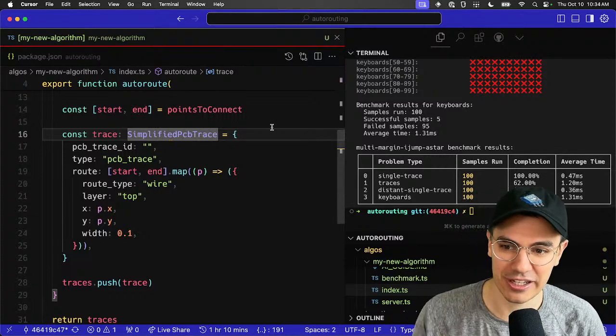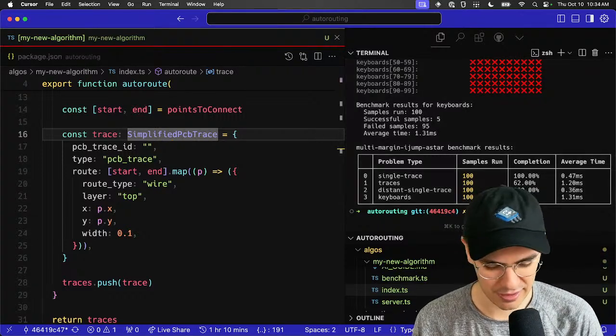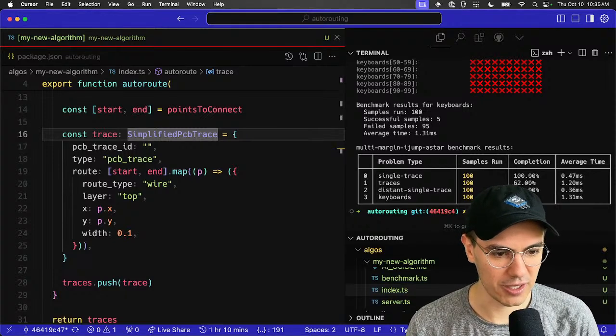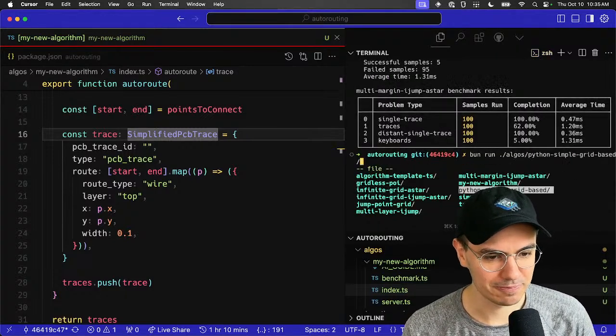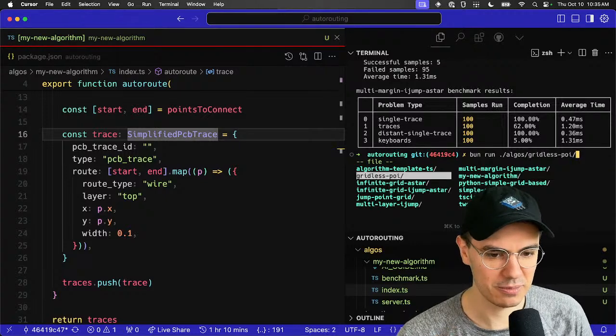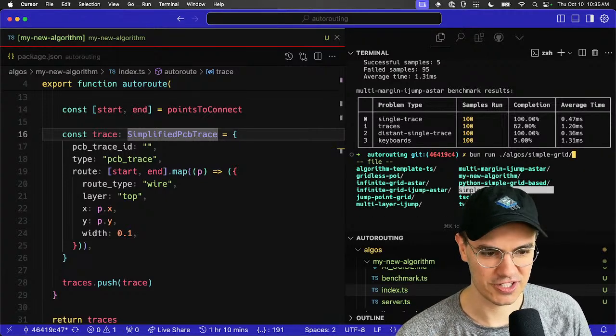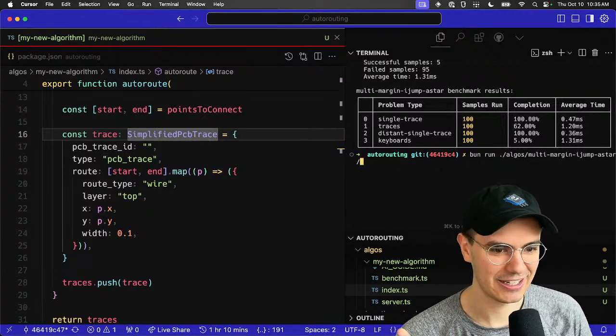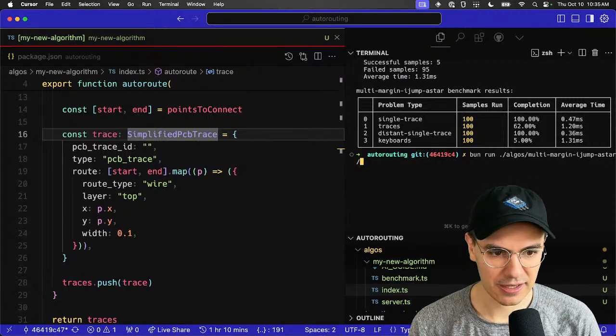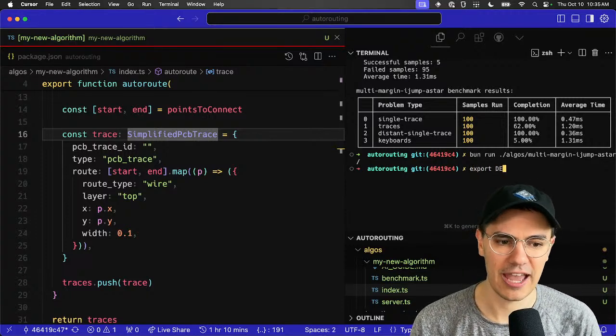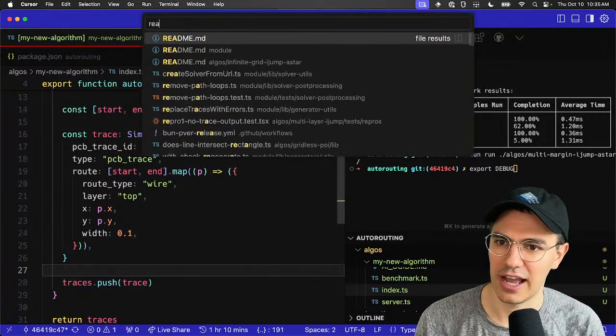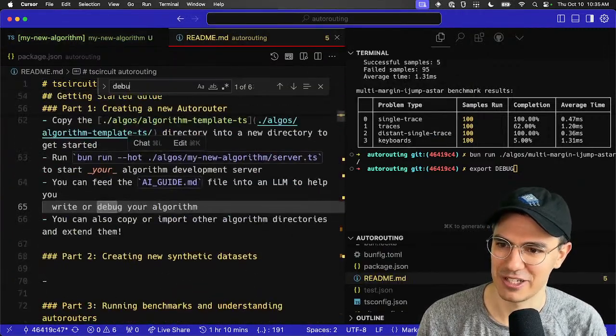Actually, debugging an autorouter is important enough where I will talk about it very quickly. So when you're developing an autorouter, you do really want to be able to debug it each step of the way because it's so complicated. So to debug an autorouter, we have to turn on a debug mode. I'm going to find the section in the README for this because